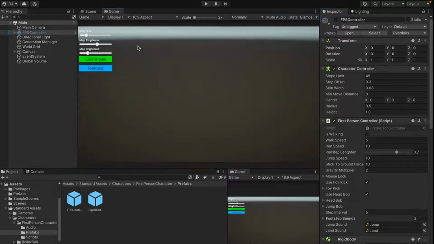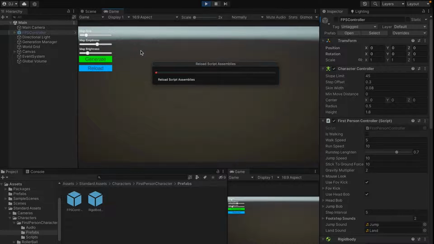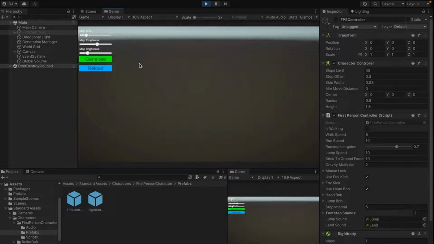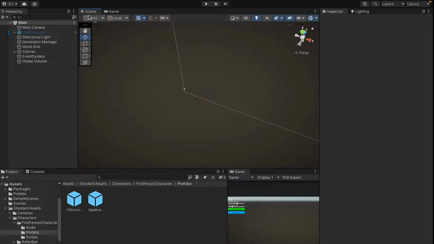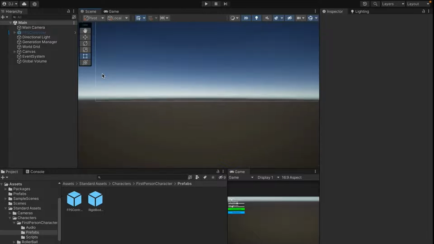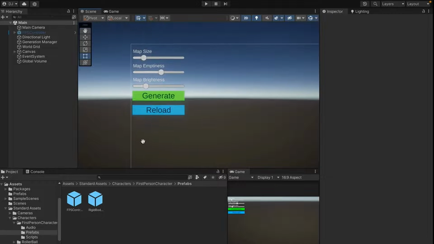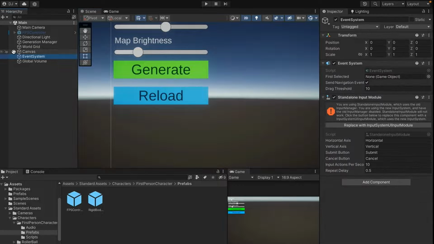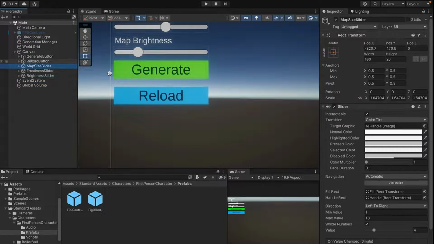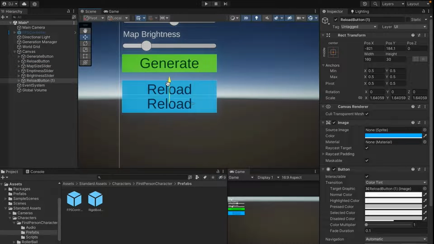So now if I come into my game, we should observe the effects of a method that has no way to be accessed because we haven't created a button for it yet. So let's go ahead and actually create a button to spawn in our character. And to create this button, we're just going to come up to our canvas window here. And I'm going to duplicate one of these buttons, say the reload button, drag it down a little bit,